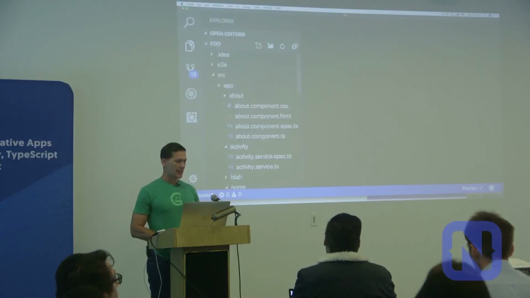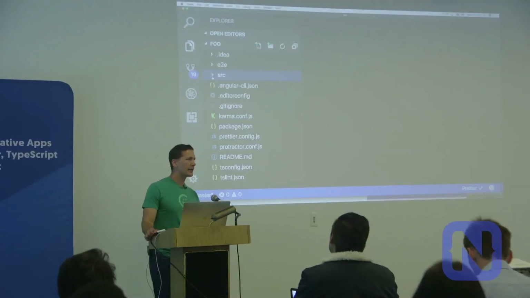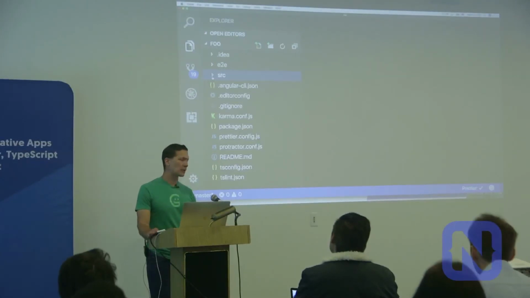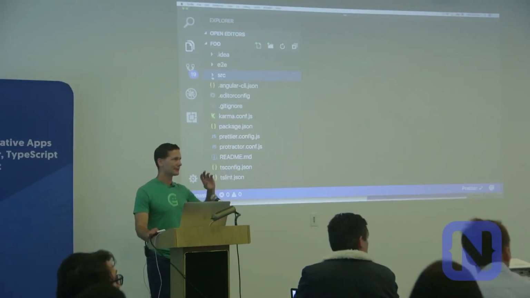Well, first of all, I'm not going to go into the whole thing of server rendering. But do you guys understand why we do server rendering in the first place? Who has no idea why you would ever want to do server rendering? No idea. Cool.